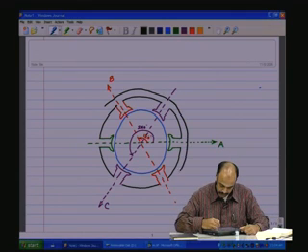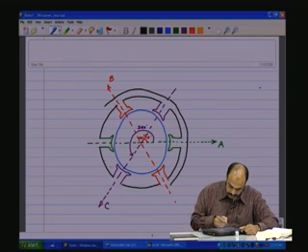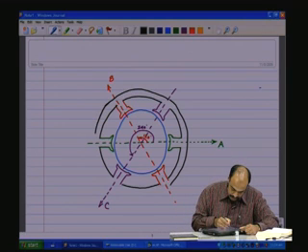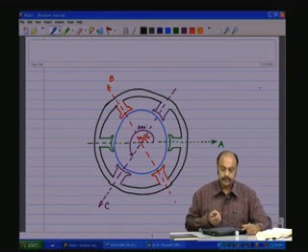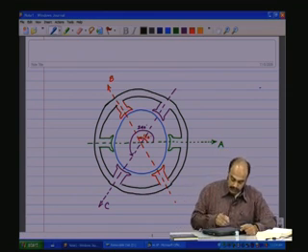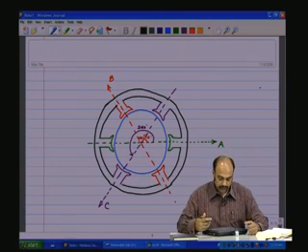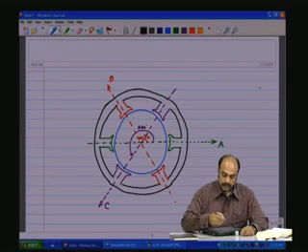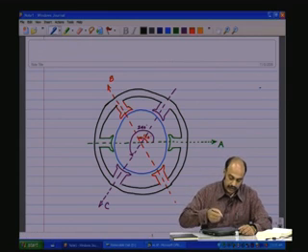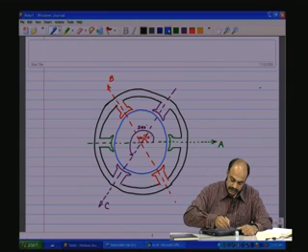So we have the stator like this as shown, with salient poles projected inward, and we have the rotor in blue. Now let us say we have the three phases,